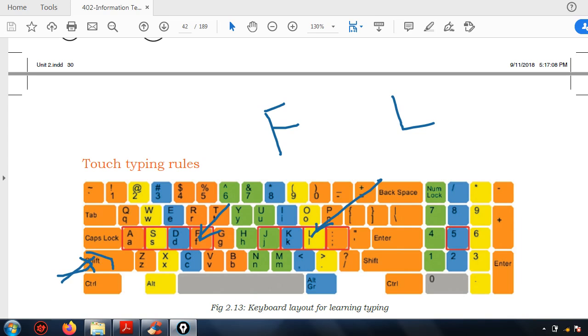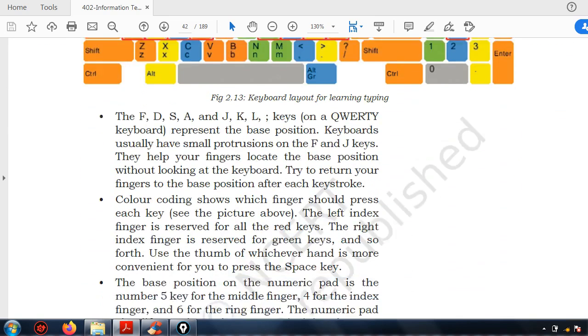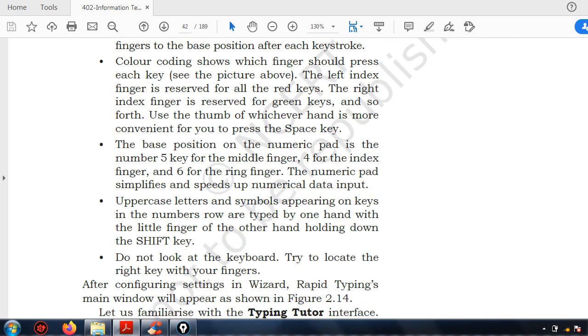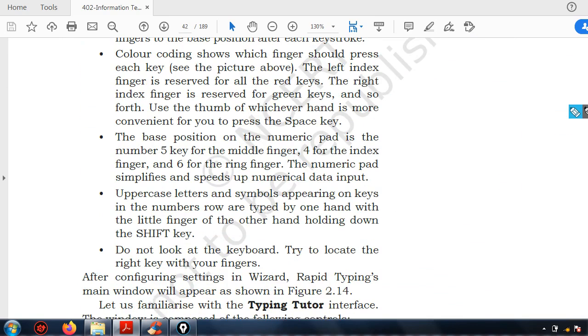Without shift, if you type U, it is a small letter, and with the shift key, if you press U, it will be a capital letter. Understood? These are the rules for uppercase and symbols.